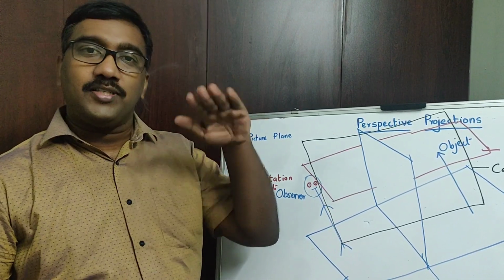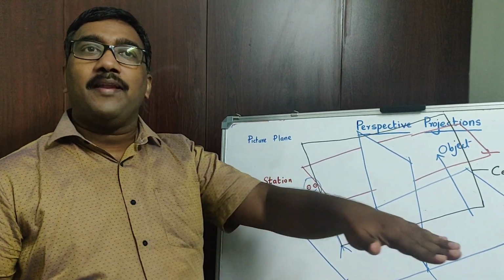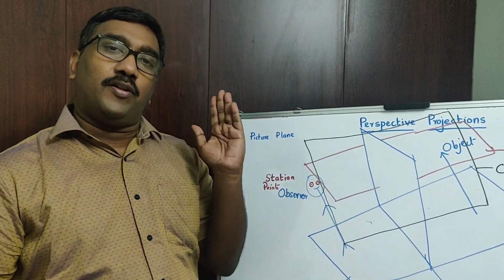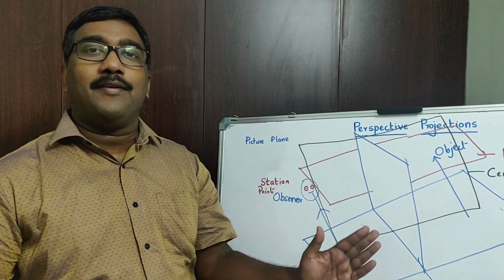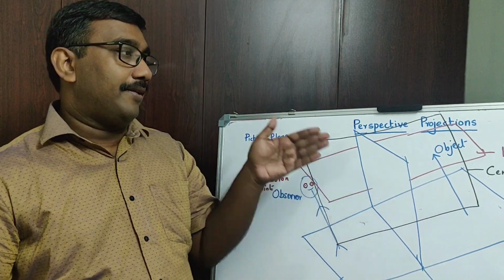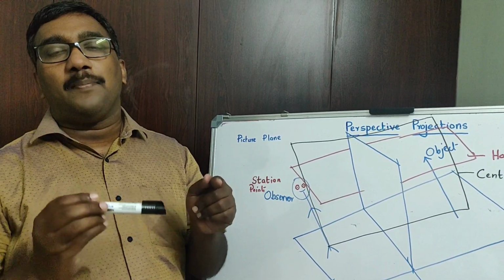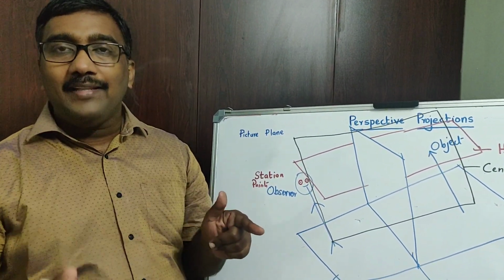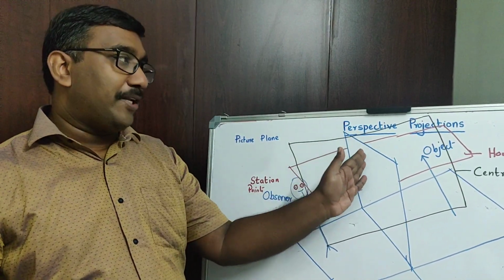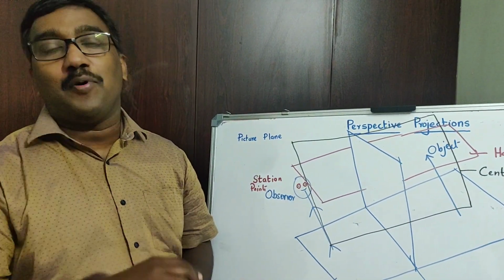One plane should be a horizontal plane. When we discussed the projections, there was a horizontal plane and there was a vertical plane. In the case of perspective projection, the horizon plane is the horizontal plane. The vertical plane can be considered to be the central plane. So, depending upon the position of the central plane and the horizon plane as related to picture plane and the ground plane, you can fix the station point.